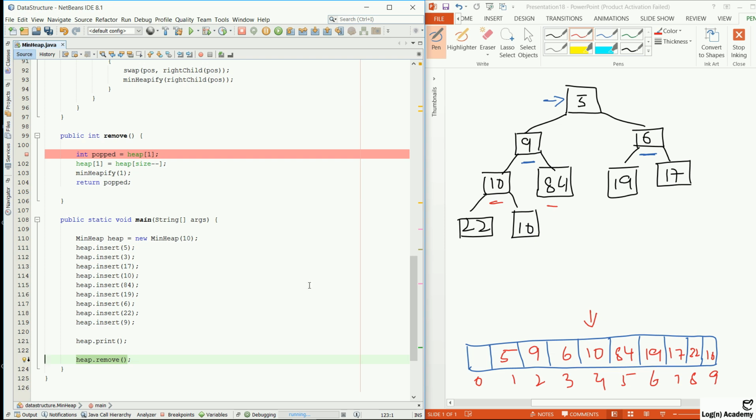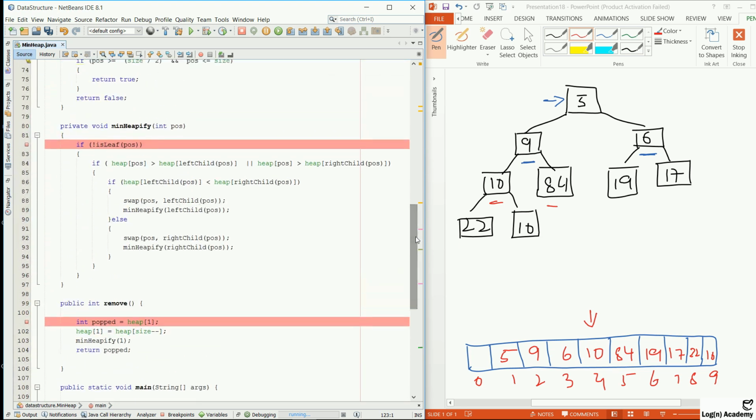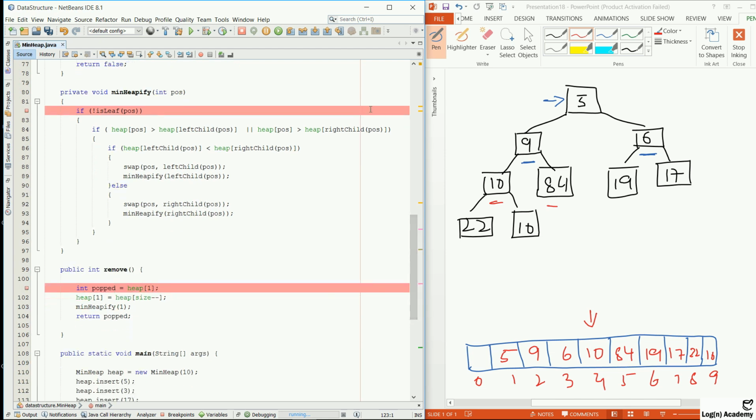And after removing the element, we restructured the heap, and I showed you the changes in the tree and also in the array. We need to make a simple change. The only change that we need to make is that we need to nullify this element, or you can say we should remove this from here. For that purpose, because it's an integer